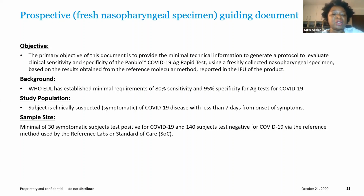The study population would be clinically suspect, meaning symptomatic people with COVID-19 who are less than 7 days from the onset of symptoms. So for the in-country evaluation, you will need to have symptomatic people. For the sample size, we are recommending a minimum of 30 symptomatic subjects who test positive for COVID-19 and 140